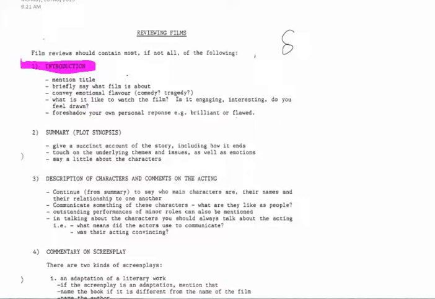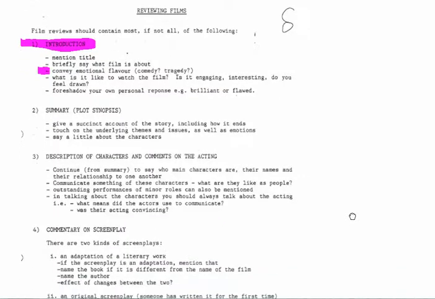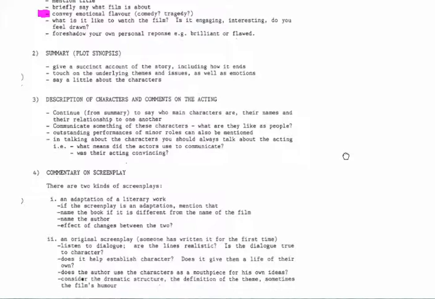Give a brief explanation of what the film's about. What genre are we looking at, or style of film? What did it feel like watching the film? And then give me a sense of where you're going with this. Is it good? Is it bad? Is it going to improve as we go along? Now give me a brief summary of the plot as your next step.